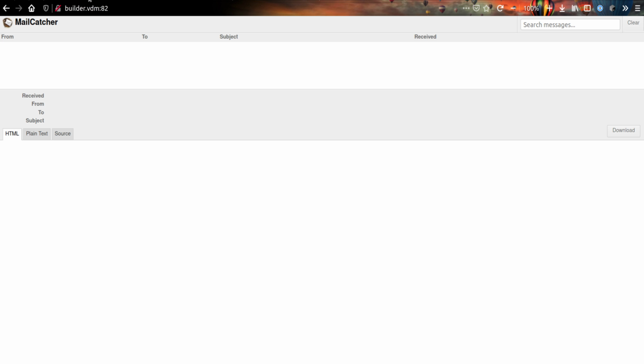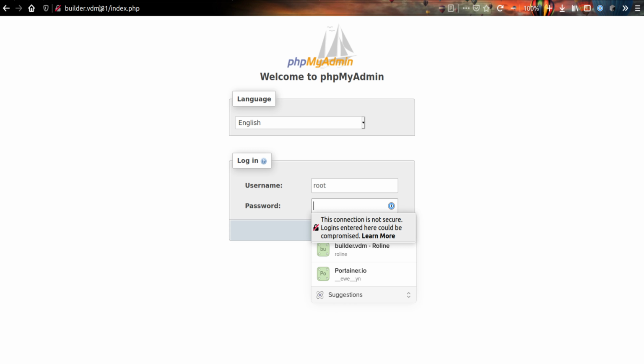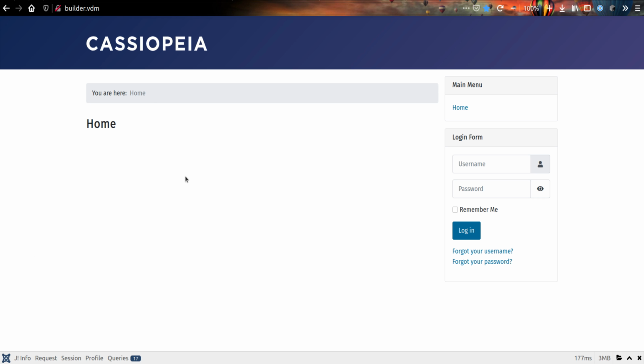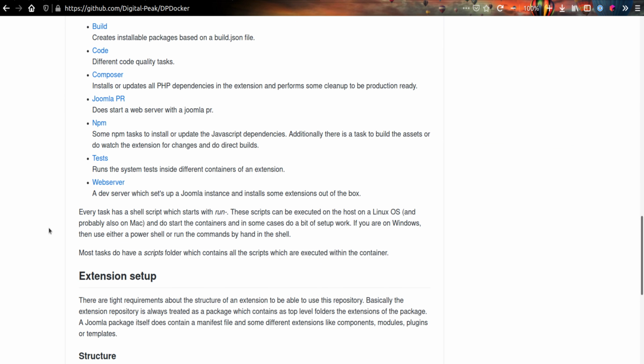Okay, so those are the only 3 containers I kept. This one for the phpMyAdmin, and then the website. There were more containers, but I didn't see the need for them at this point, just to get it up and functional. And now this console application they demonstrate here, I think it is, if you read down here,